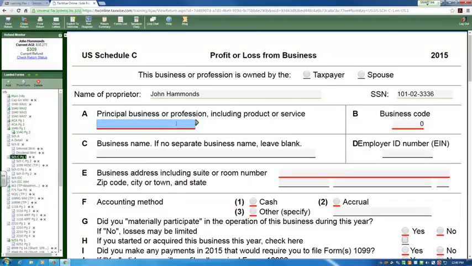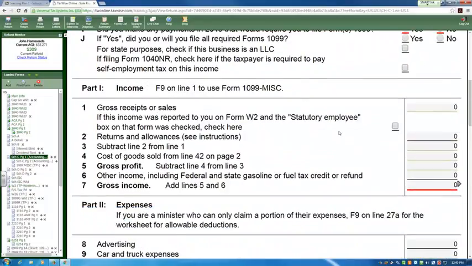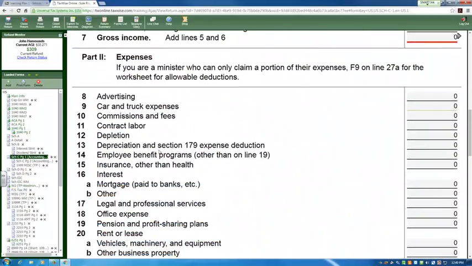I can enter in all the information needed: his business, he's in accounting, he's got an accounting service, business code, we'd look that up using the IRS, cash basis, go through, answer all these questions. What I'm going to skip down to is the line for depreciation, line number 13. And as I line this up, that's depletion. Here I've got depreciation. I click on that and it gives me the